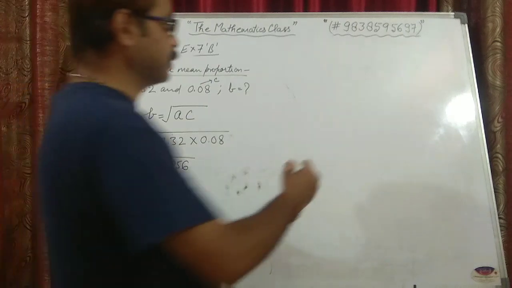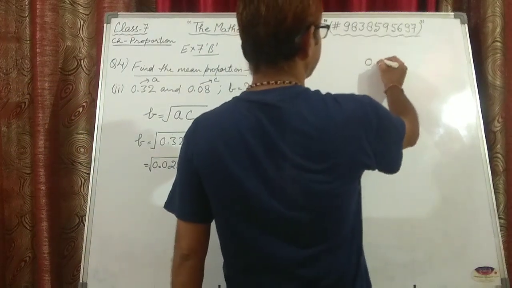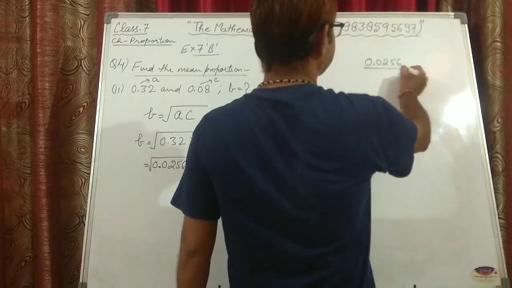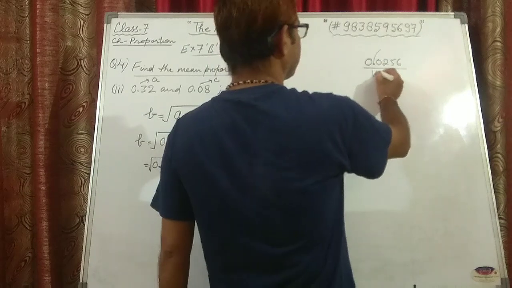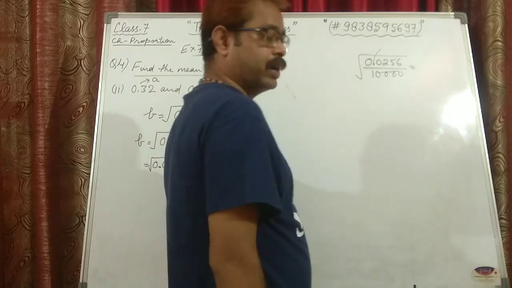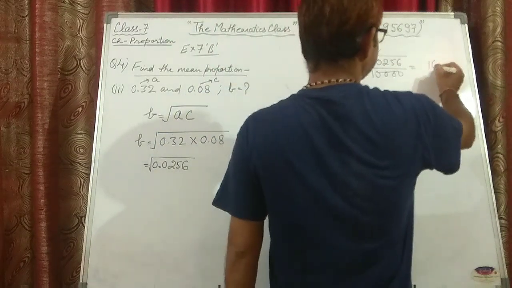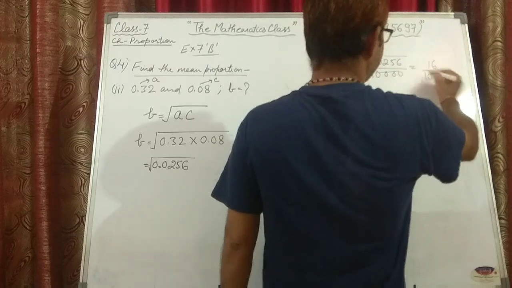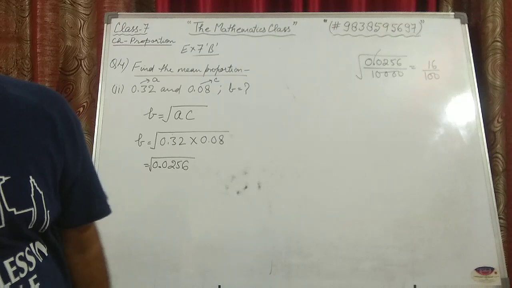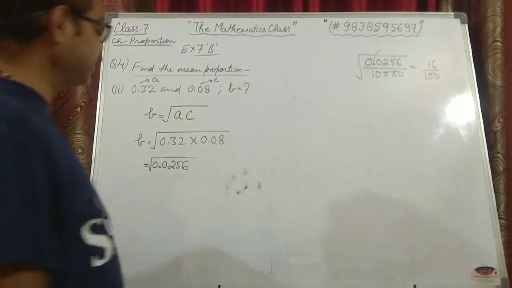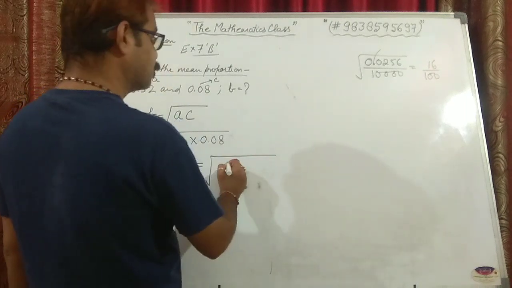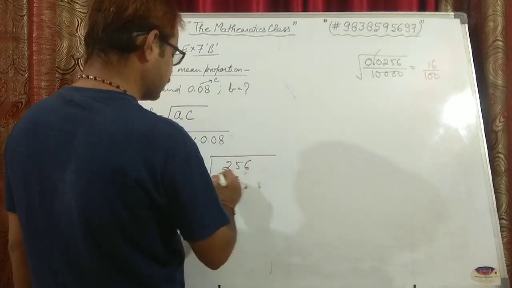So we have learned in the previous chapters, if it is 0.0256, it can be written as you remove the decimal upon 10,000 and then you put its root. You know that square root of 256 is 16 and 10,000 is 100. So it means this can be written as under root 256 upon